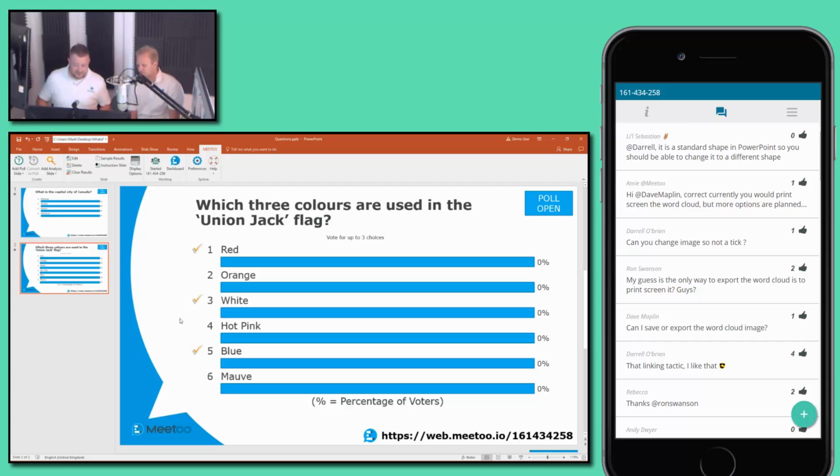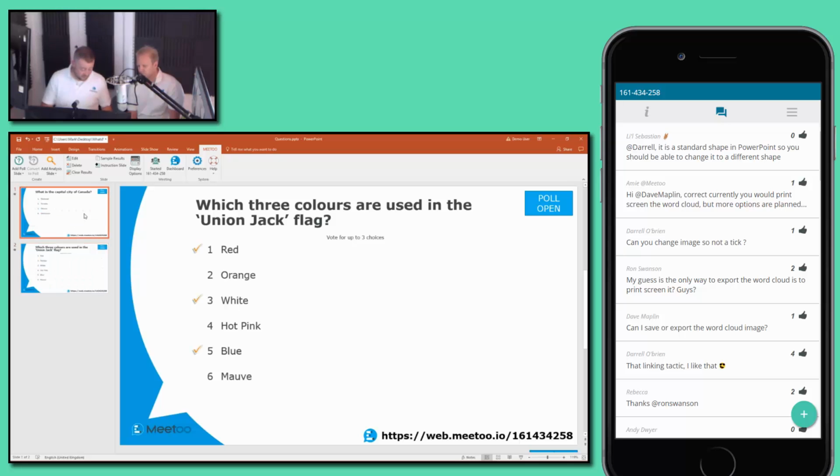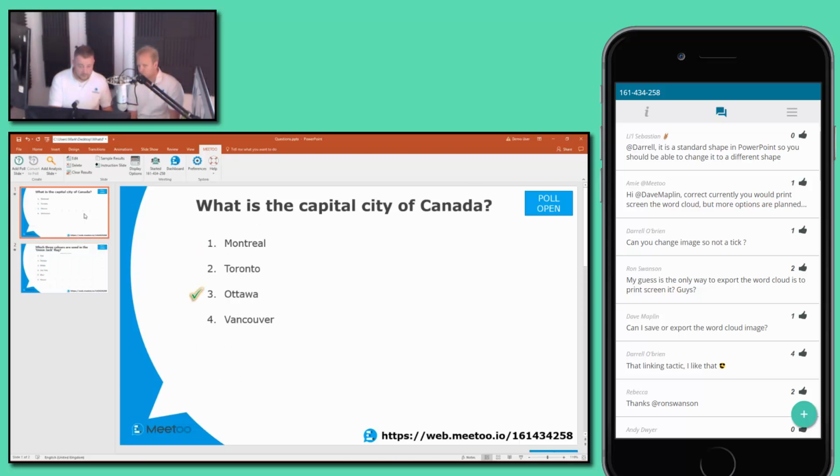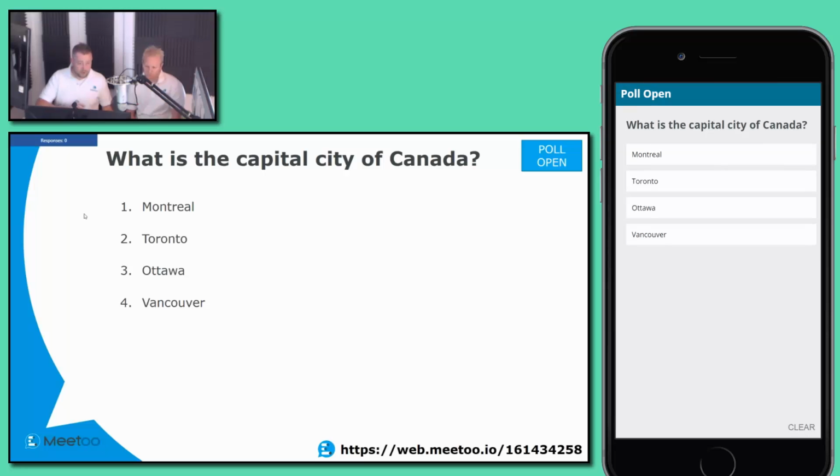So what I'll do now, this is all connected to the meeting, is we'll just clear these out and run these slides so you can see it in action. So I'll open the poll, and again, it really doesn't work any differently. And just to remind people, it's all geared up for the presenter who's advancing slides. There's no extra buttons that you need to press. There's nothing extra you need to know, whether you're using the cursor key or the enter button. You just keep on advancing, and it works as you'd expect.